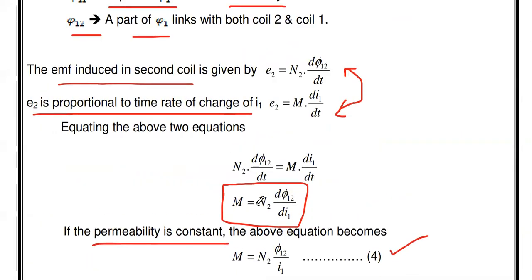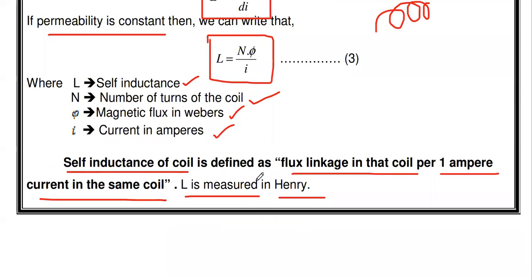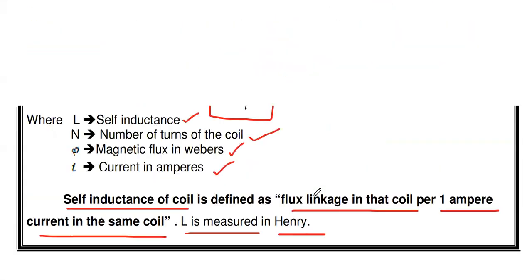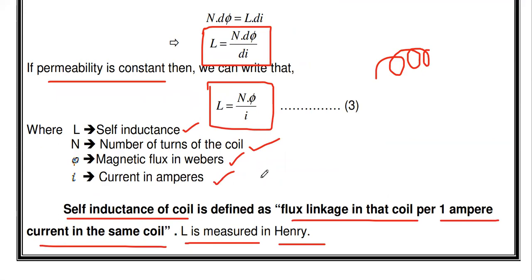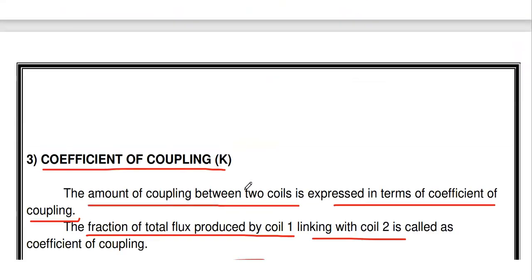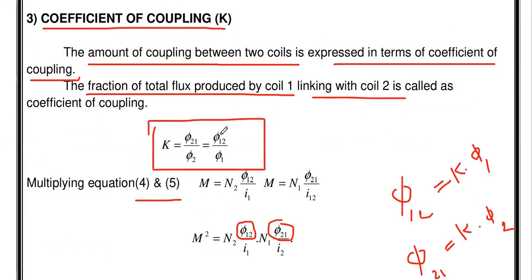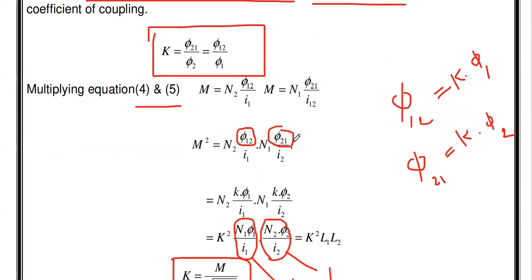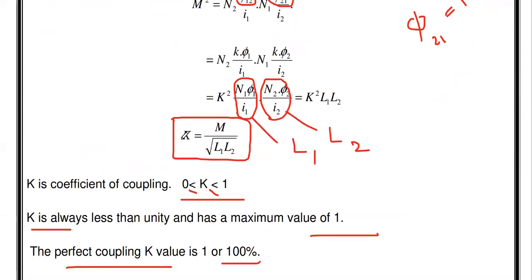So there is an important definition, self-inductance. It is also one of the 2-mark questions, and this is the formula for self-inductance. Similarly, the mutual inductance formula and the coefficient of coupling definition are also important 2-mark definitions, and the relation between coefficient of coupling, mutual inductance, L1 and L2 is also a very important 2-mark question. Using these equations, you may get 2-mark problems. We will solve the 2-mark problems in the next videos.